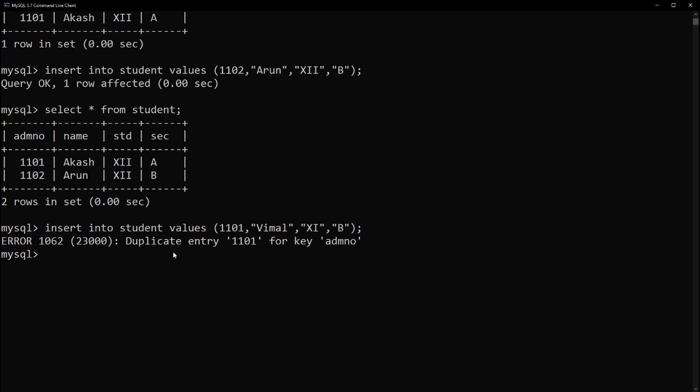Then give enter, it will tell you an error, duplicate entry 1101 for the key ADMNO, which means it is restricting you from entering duplicate values. That is the purpose of giving the constraint unique. So this gives a lot of liberty, children.